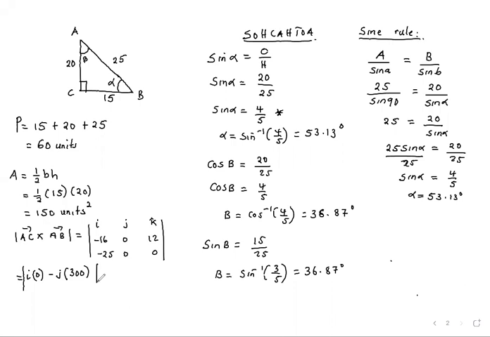Correct. Except that when you use the cross product, you must not forget to divide by 2. Why? Still same concept, because the issue of the area under cross product comes from the parallelogram. The parallelogram contains 2 triangles. And so if you're talking about a triangle, you're getting the half area of the parallelogram